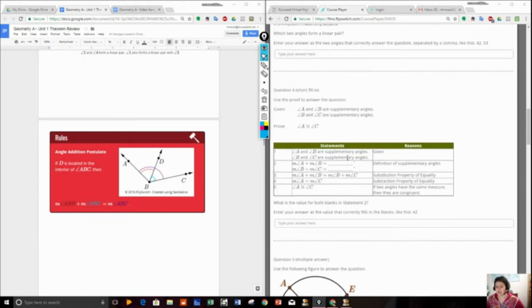Then question 4, a proof. There's going to be a large portion of questions on proofs. So we need to be able to follow along and learn how to work with these. I love proofs because I have all of the rules, which are listed right here in the theorem review, and those are the only rules that you can use in the proof to prove anything. So it's like